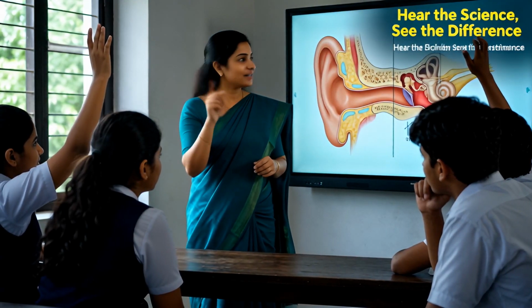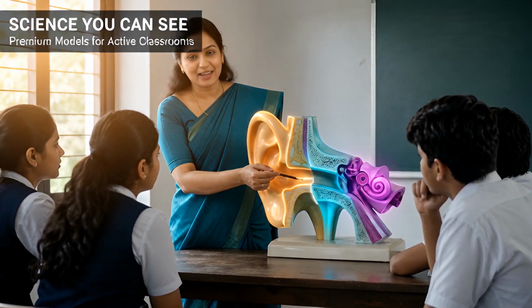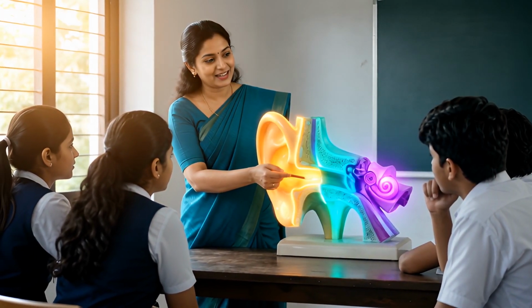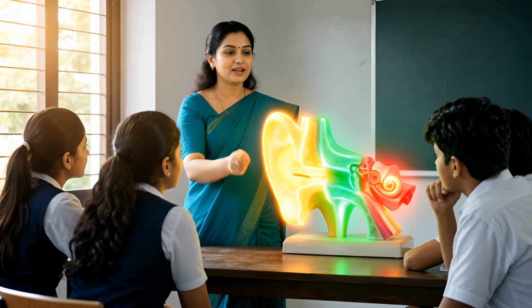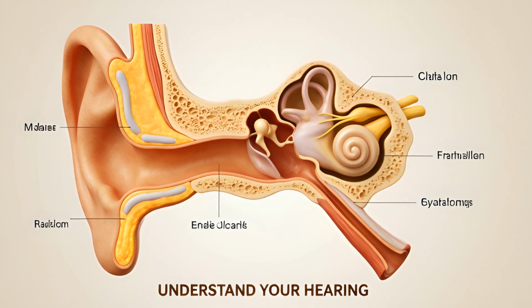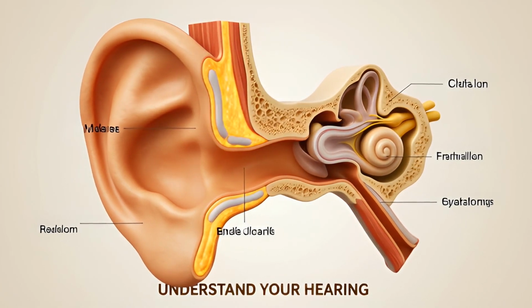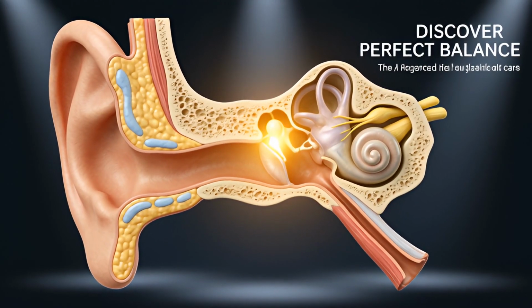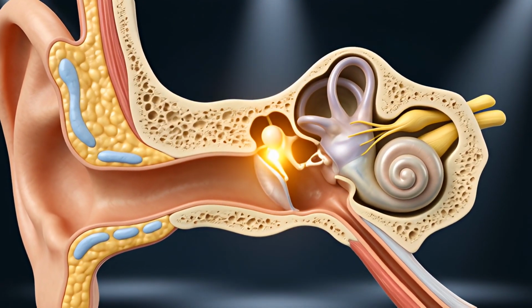In the same sequence, first question, what are the main parts of the ear? Answer. The ear has 3 main parts, the outer ear, the middle ear, and the inner ear. The pinna, auditory canal, and tympanum together form the outer ear. The ear ossicles and eustachian canal are included in the middle ear. The cochlea, vestibule, semicircular canals, and nerves are included in the inner ear.